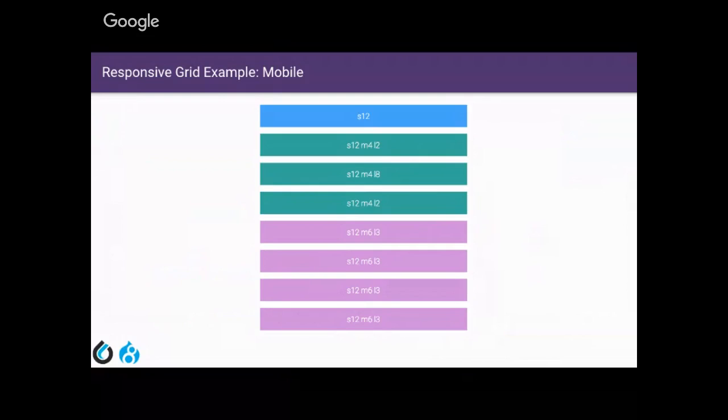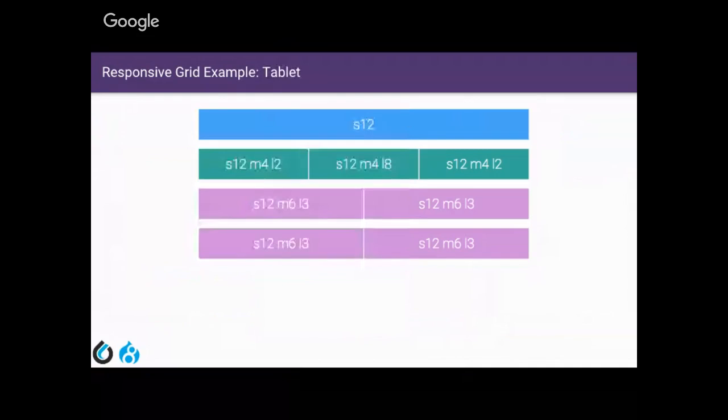You can actually override that. If you don't have anything more, it's just going to use that S12 all the way across. So regardless of device size, it's going to stay the full width. But we can override it. These pink ones, you can see M6. That means on medium-sized devices, they're going to split in half. And so it's going to be 2 rows